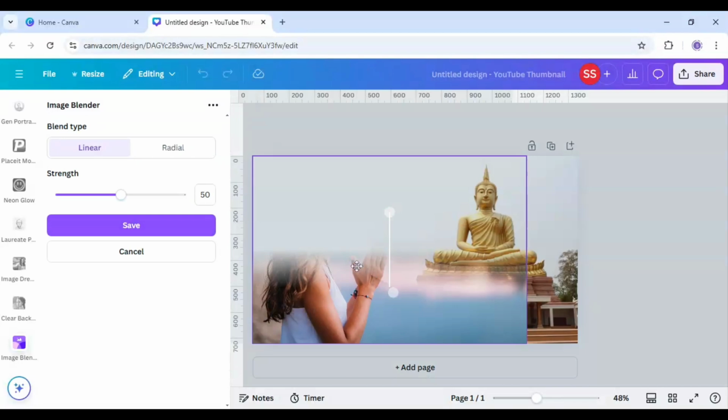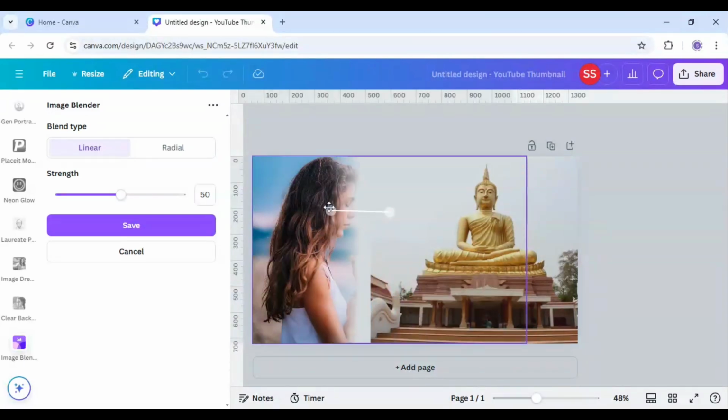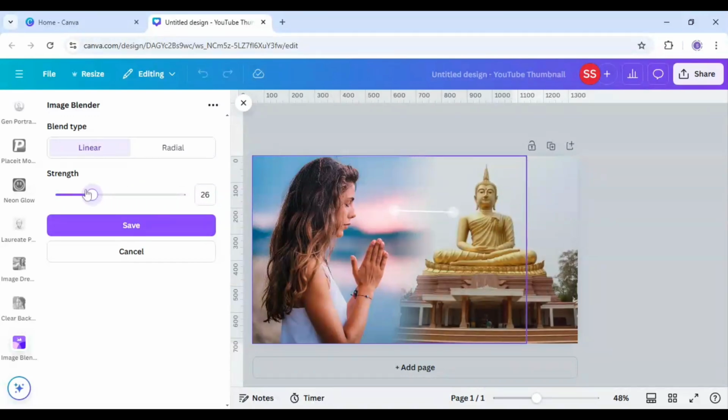and I will just rotate it here, and I will just move the cursor to make it blend, and it will look something like this. You can increase the strength of the blend by moving the cursor here, but I think 25 looks best here, and just move the cursor here to make it more blended, and after that just click on save,